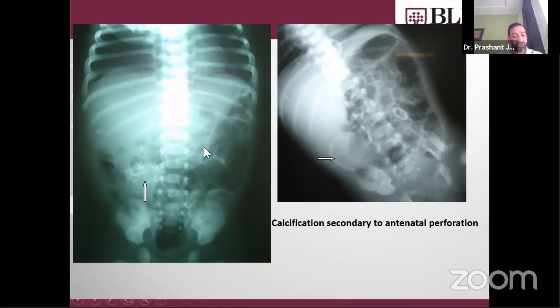So you should also do ultrasound in these patients to rule out any underlying intra-abdominal tumor, and this can be because of antenatal perforation. So you can see there's a very well-defined calcified cyst lying in the abdomen because of the